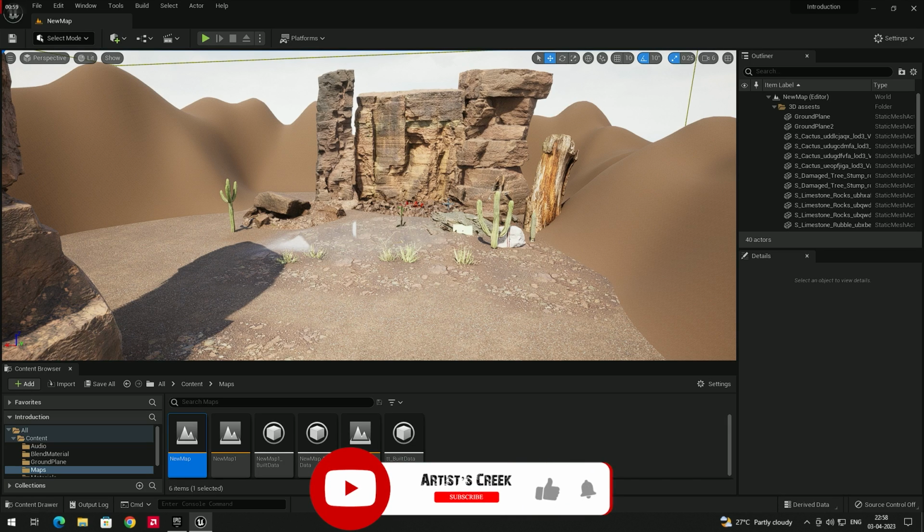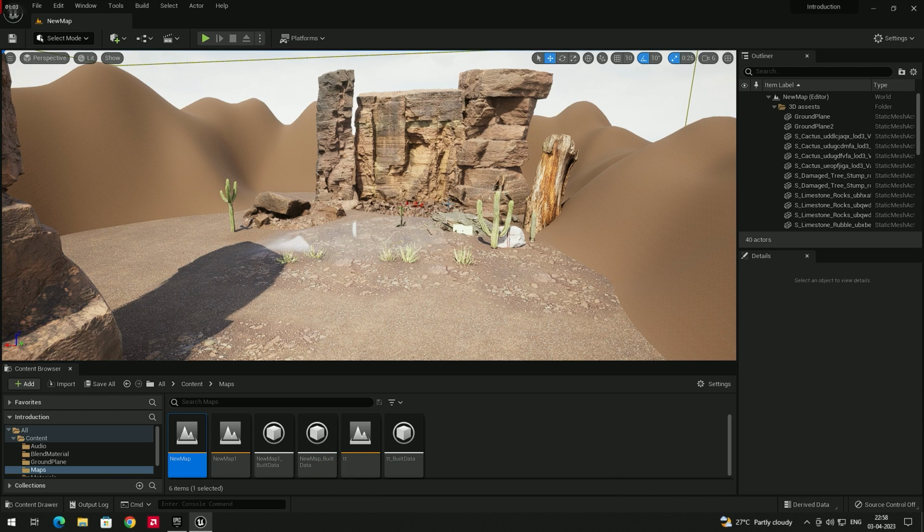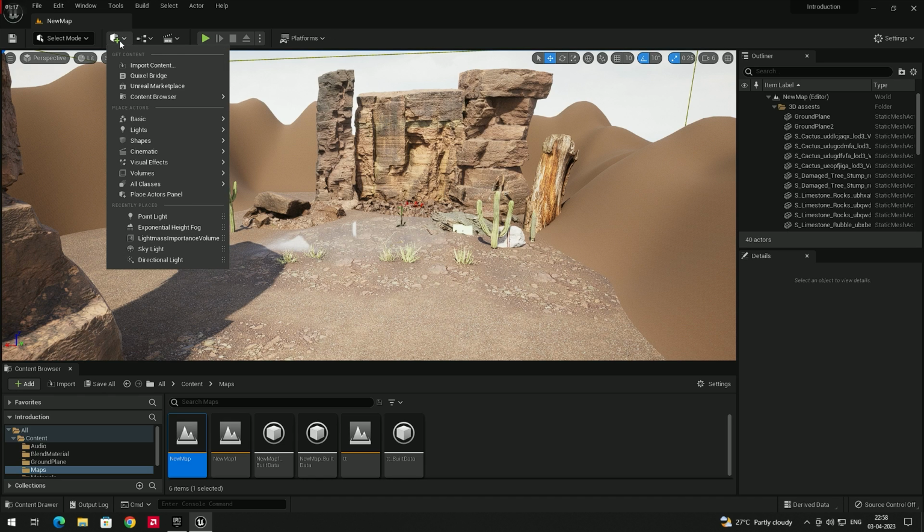Hello, welcome back. Now in this lesson, we are going to see how to create a camera and settings in it. There are two ways to create the camera here. First way is if you go to this Create menu, there is an option Cinematic, and here you can see there is an option like Cine Camera Actor. So click on this